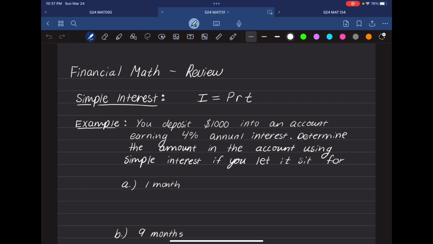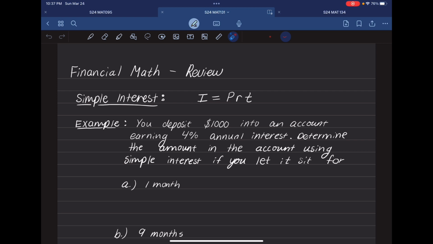Okay, so we're going to be reviewing our financial math section. This is for the third exam for this course. So first we're going to start off by talking about simple interest, which was the first formula that we learned